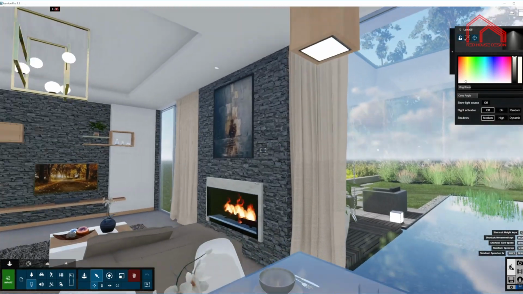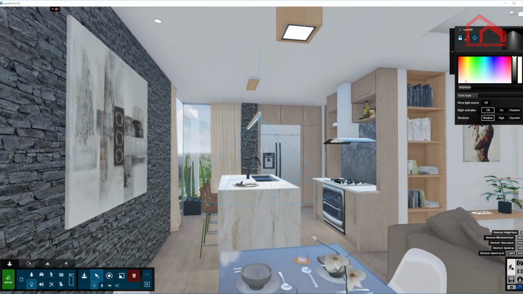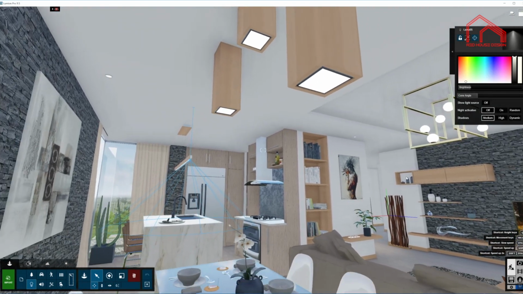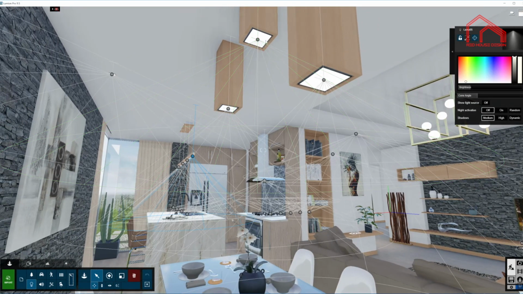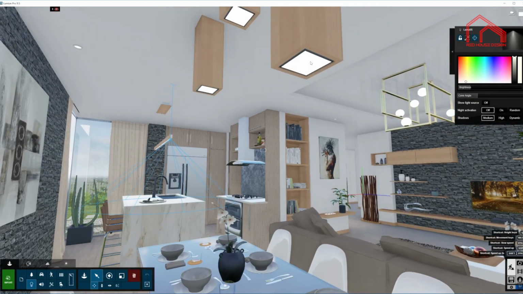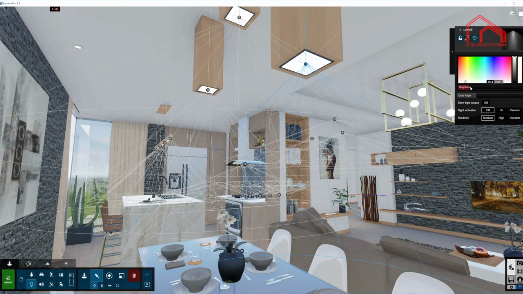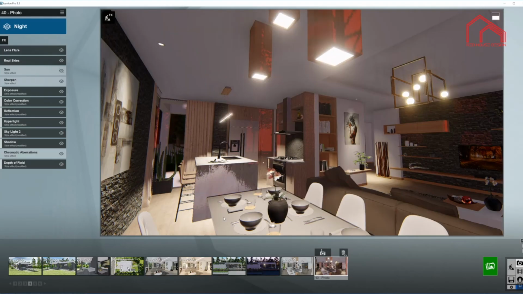And the same thing I'm using in here, but these are individual spotlights on top of the dining table. It is a very similar preset. As you can see, almost the same brightness, color temperature of the light and cone angle as well. So when I go back to my render preset